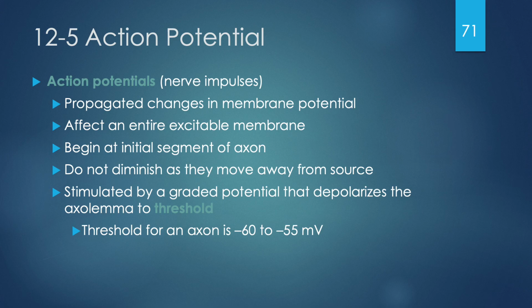So all of that we just talked about will lead us up to the possibility of an action potential actually occurring. So in an action potential, the entire excitable membrane will be involved, and it begins at the initial segment of the axon, which makes sense, right? It begins at the beginning, the initial segment, and it doesn't diminish as it moves away from the source. So what I'm saying here is that the action potential, once it generates that energy, it continues to keep propagating